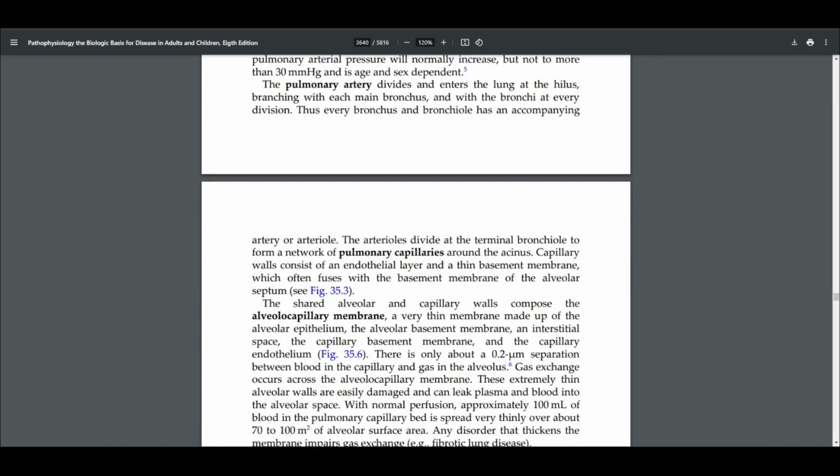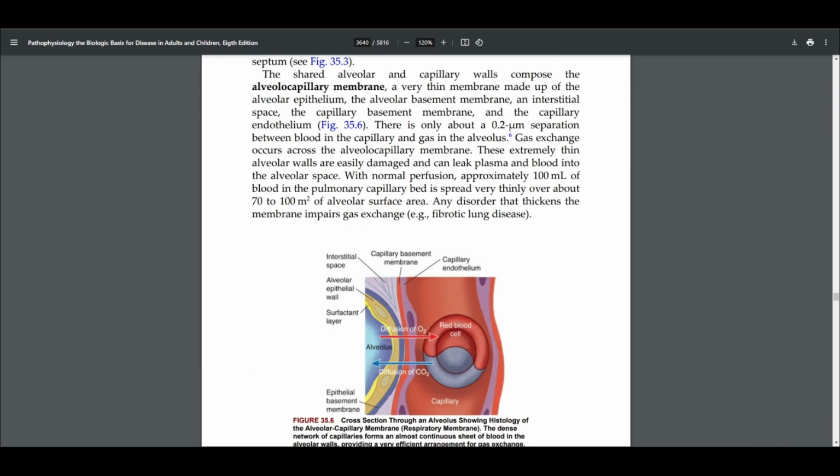The pulmonary artery divides and enters the lung at the hilus, branching with each main bronchus, and with the bronchi at every division. Thus, every bronchus and bronchiole has an accompanying artery and/or arteriole. The arterioles divide at the terminal bronchiole to form a network of pulmonary capillaries around the acinus. Capillary walls consist of an endothelial layer and a thin basement membrane, which often fuses with the basement membrane of the alveolar septum. The shared alveolar and capillary walls compose the